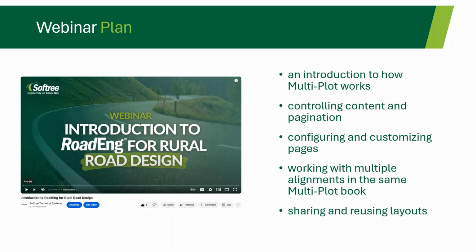But yes, we're going to pick up at the end of our last webinar, and cover an introduction to how Multiplot works. We'll take a look at that organizational structure I just introduced you to. We'll talk a little bit more about controlling content, pagination, configuring and customizing your pages, working with that great new version 11 feature, which is multiple alignments in the same book,